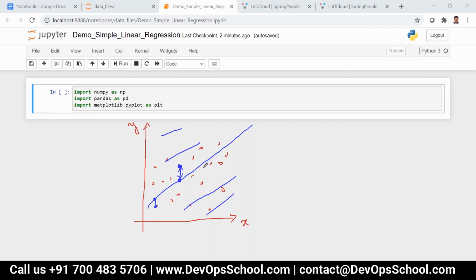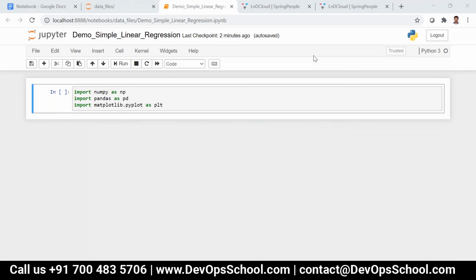Now let me explain with a drawing. Let's say this is the x-axis, with speed on the x-axis and distance on the y-axis, and let's keep time constant.